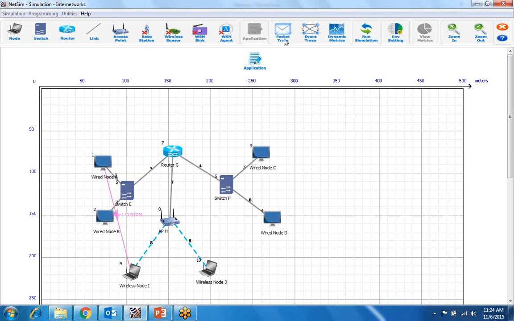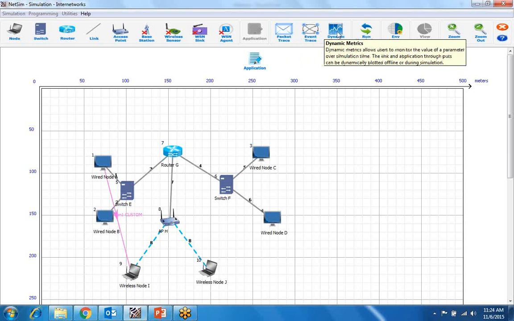Now I have told you that there are some features which are exclusively available in the standard version of NetSim. They are like packet trace, event trace, dynamic metrics. Okay.